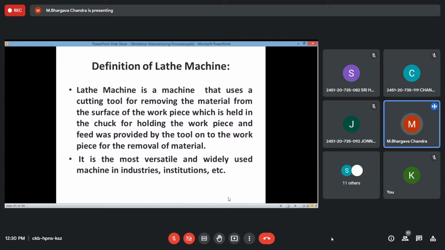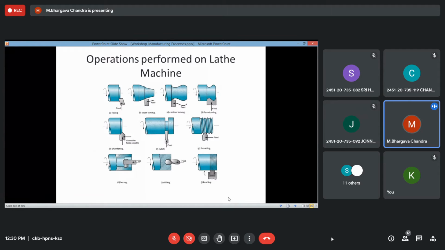Okay. So basically, components made of aluminum are machined. Components even made of mild steel are also machined, and components made of high-speed steels are also machined. Different types of tool bits are used for different types of materials. The only thing is the tool bit material should be harder and stronger than the workpiece material. Otherwise, the tool bit gets corroded away instead of the workpiece. Now, on the lathe machine, what are the different types of operations which may be performed? Just try to remember as many as possible.